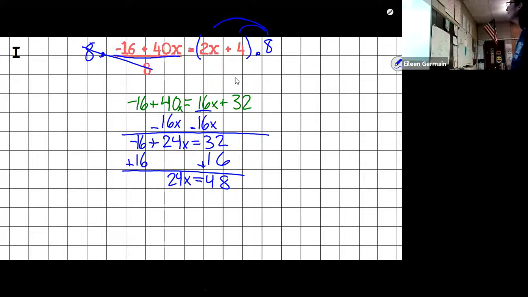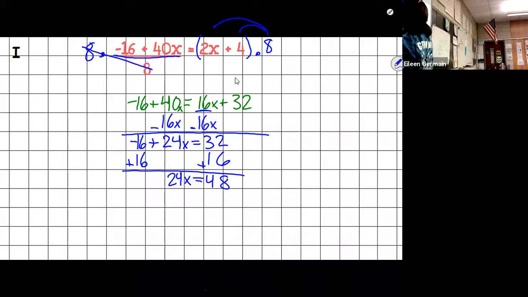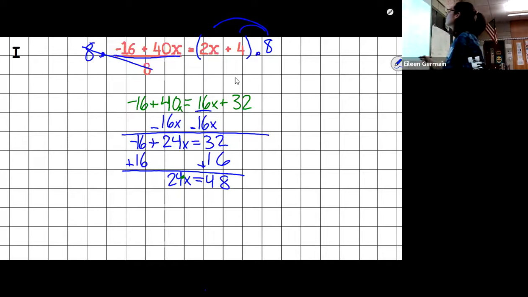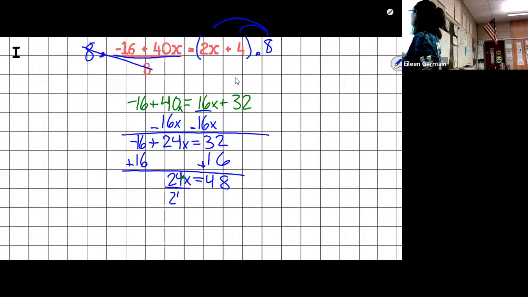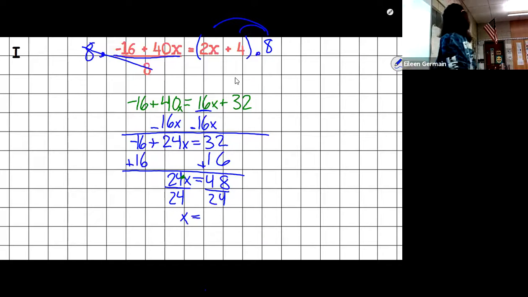What would be my next? No, that's okay, Kyle. Then we're going to divide by what? Very good, because we have this 24 and it's attached to this x by multiplication. So to undo that, I'm going to divide each side by 24, and I'm going to get x is equal to,